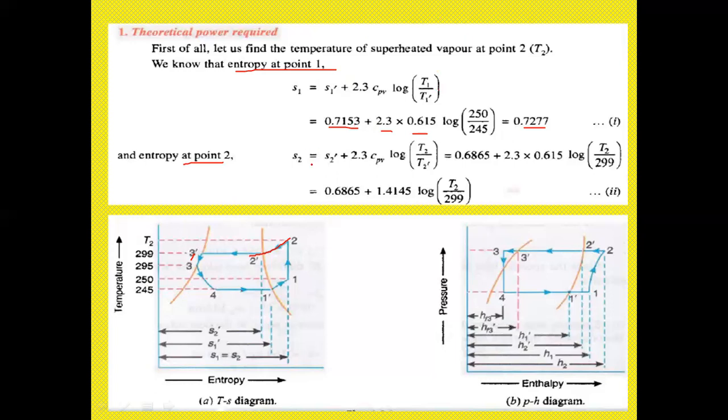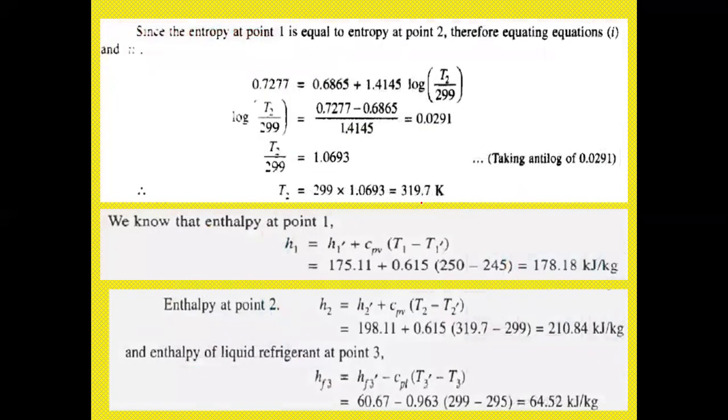So here the S2 value is equal to S2 dash plus 2.3 CPV log T2 by T2 dash. So substituting the values, S2 dash plus 2.3 log T2 by 299. Therefore S2 value we got it. Now what is the thing? So point 1 and point 2. Since the entropy at point 1 is equal to point 2, following the equations,